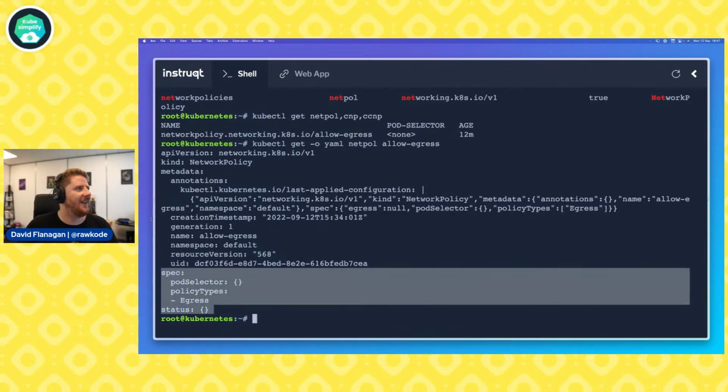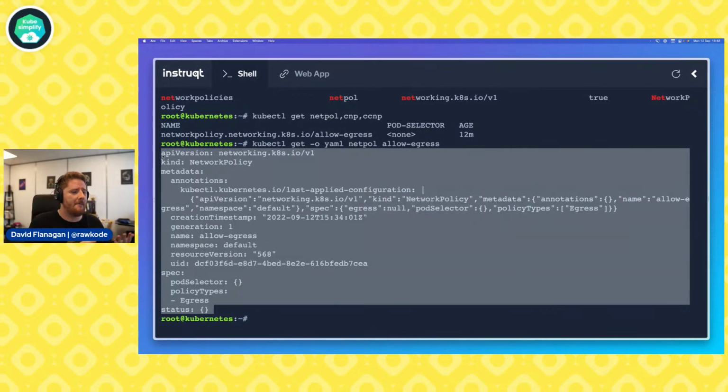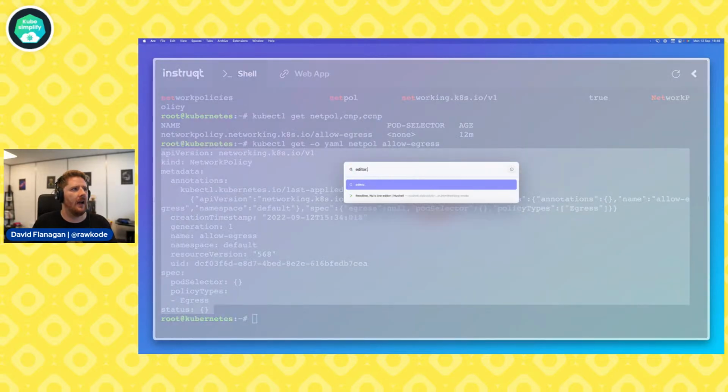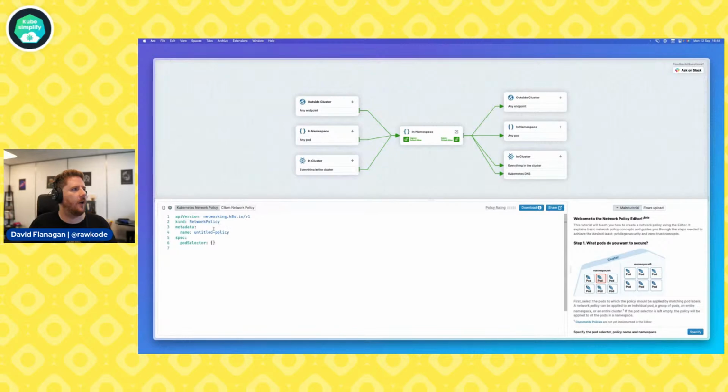This policy is great. But it's not, because you have to understand that the default network policy is to deny all. The empty selector is a select all, and our policy type is egress. So we're denying all egress by default. Now, this is something that you learn through trial and error and pain. So while we're here and doing this session, I'm going to encourage you all to go to editor.cilium.io. This is my favorite resource for taking network policies and trying to understand how they work.